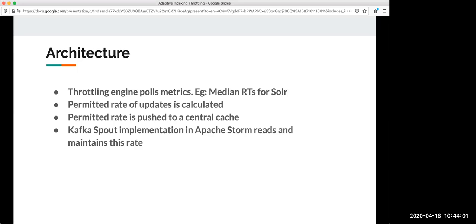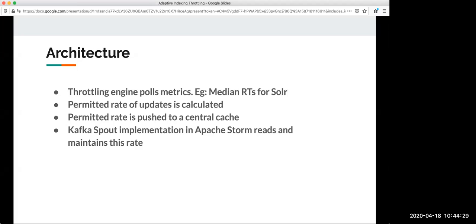Then it will use some algorithm, it will do some calculation. It will come up with a rate of updates. It will say, okay, so the response time of Solr is say 100 ms, and these are the other parameters. So depending on these parameters, I think Solr should be able to do 1000 updates per second at this point in time. So we took the metrics from the read performance and converted it into a permitted rate of updates.